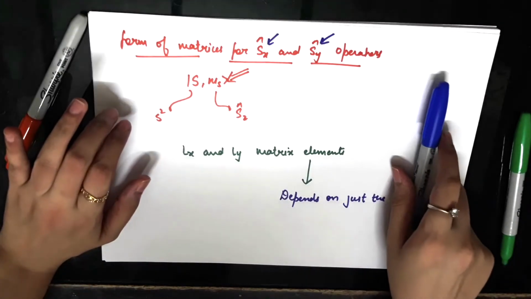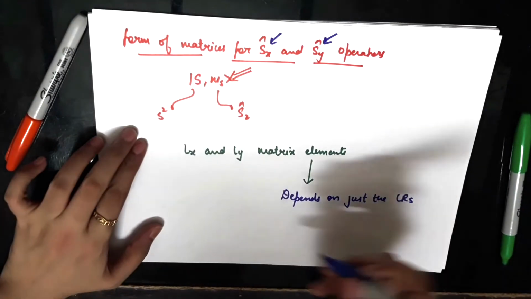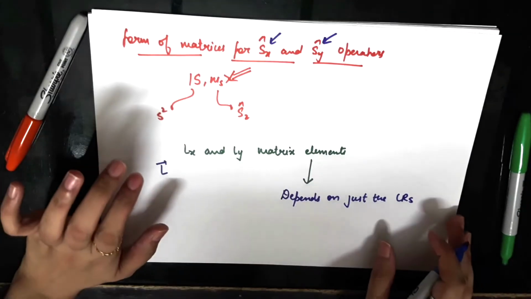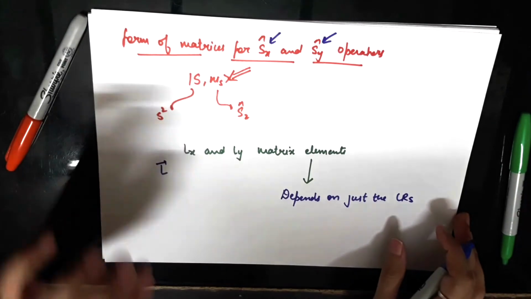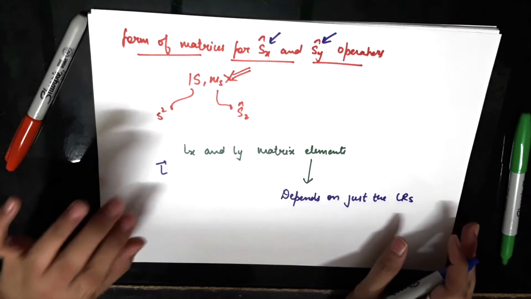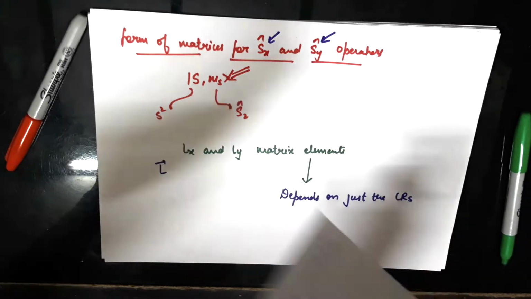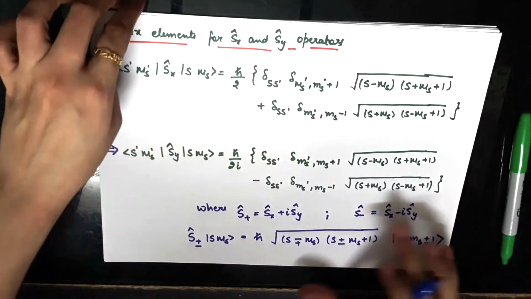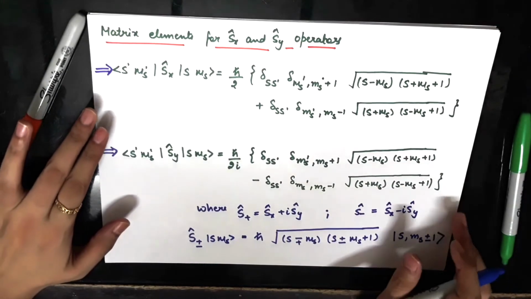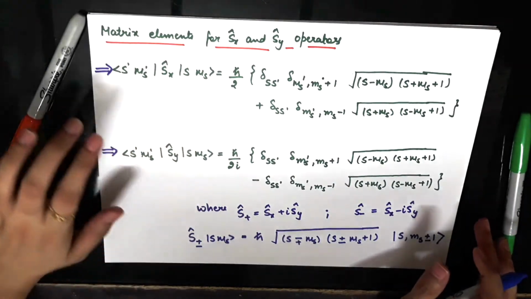So just because the spin angular momentum operators and the orbital angular momentum operators obey the same commutation relations, it tells you straight away that the form of matrix elements is also the same as for Lx and Ly. You would recall very quickly, I have collected all these formulas for the matrix elements of Sx and Sy operators here, and I have just adopted these from the Lx and Ly results.